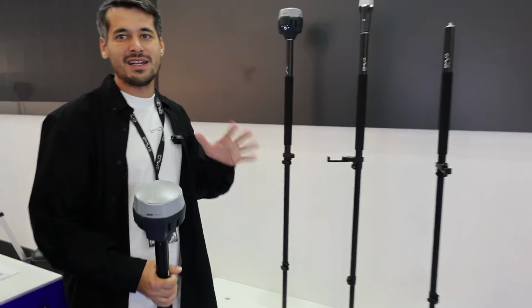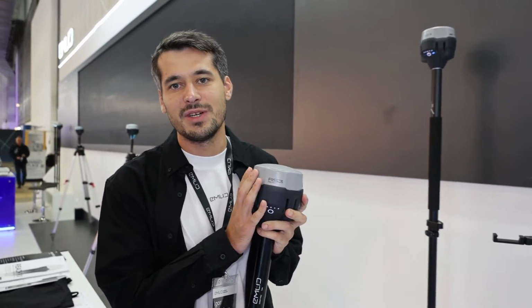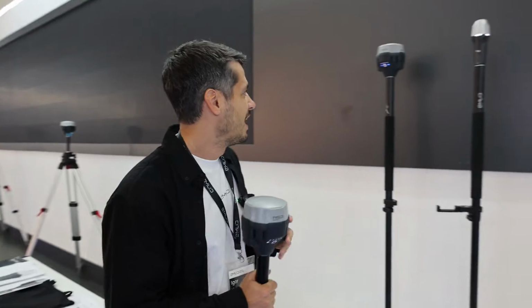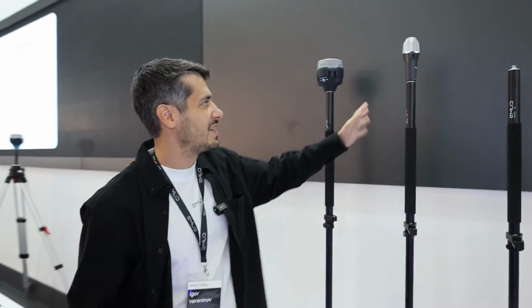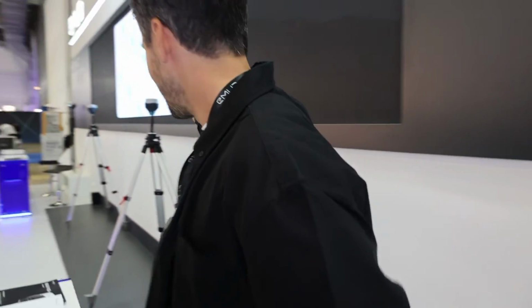So here, mainly at this show, we are showcasing our RichRS3. This is our latest receiver with tilt compensation, and we're going to talk about this one a bit more later. We also have the RichRX. This is a very easy to use external GPS for your phone, and we are seeing this adopted more and more in construction and utilities. And we have our RichRS2 Plus over here,